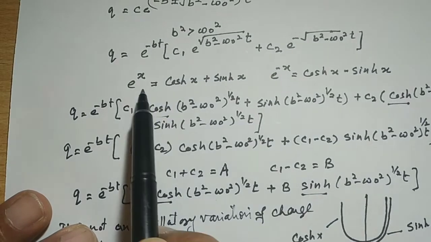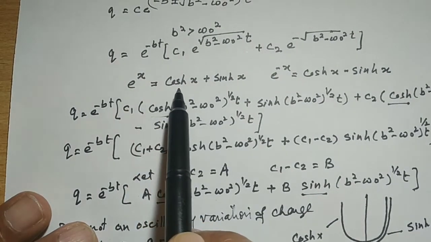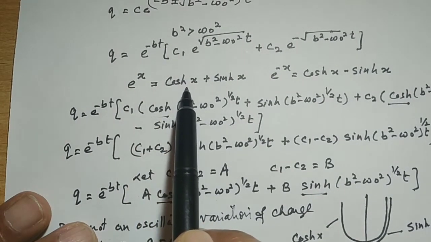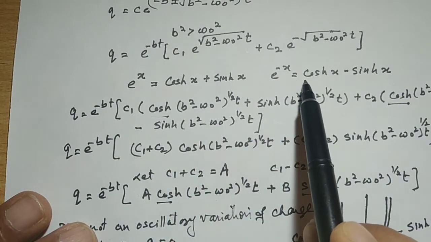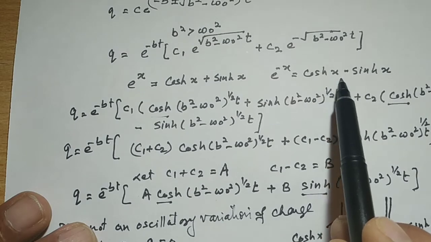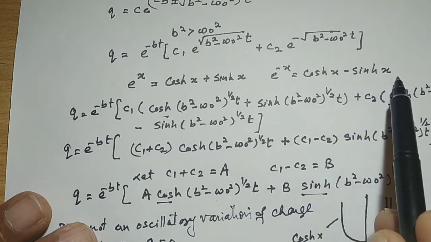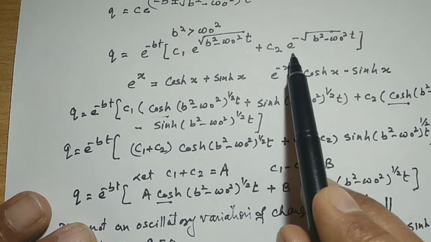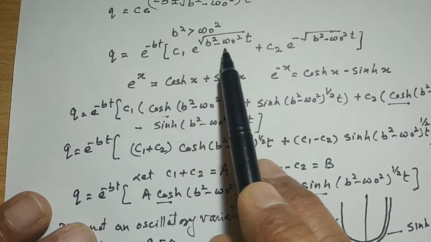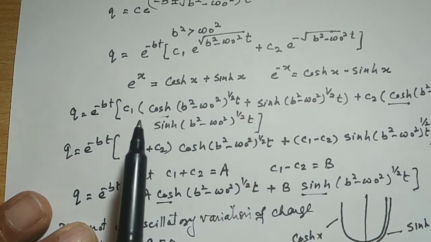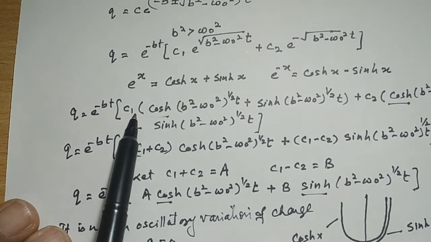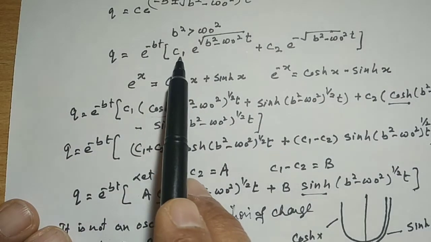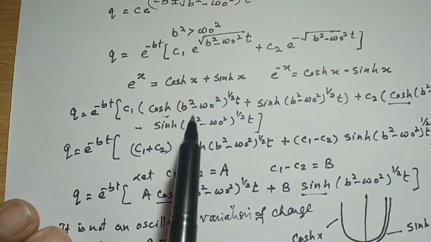But we know that e^x is written as cosh x plus sinh x, and e^(-x) is written as cosh x minus sinh x. And here, because e^(-x), we can take it as a factor, so we can write this equation again. q is equal to e^(-bt) C1, and we expand this factor,